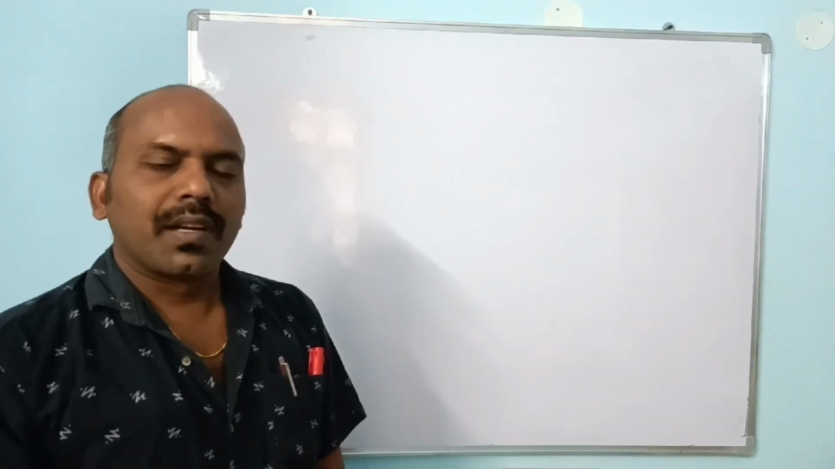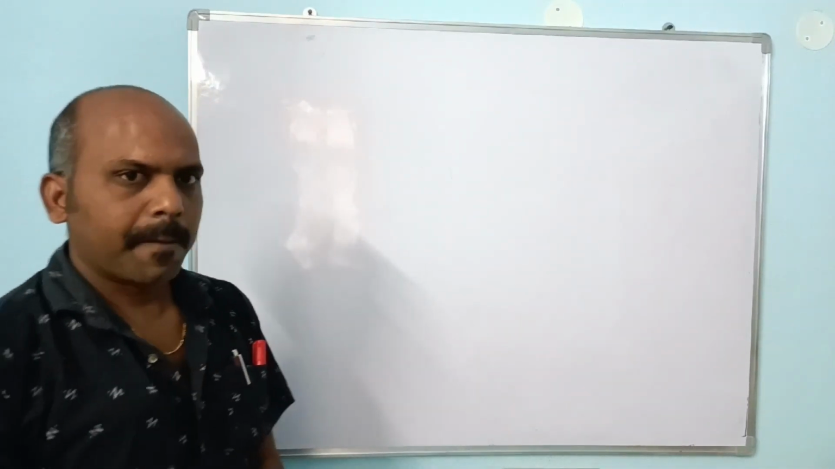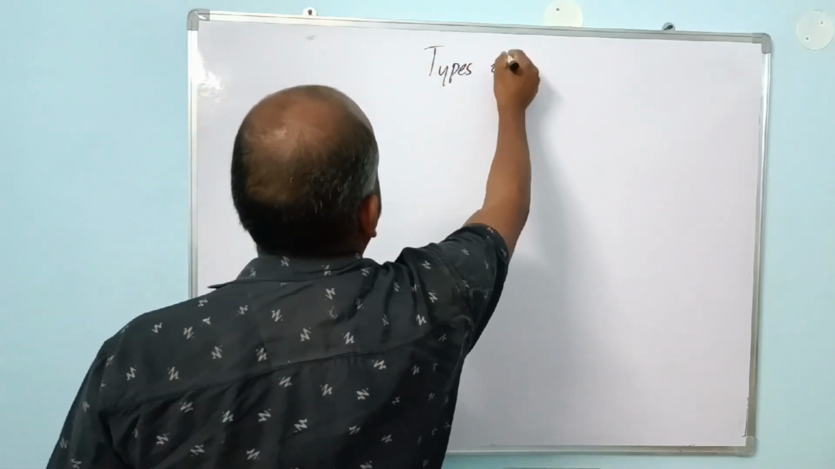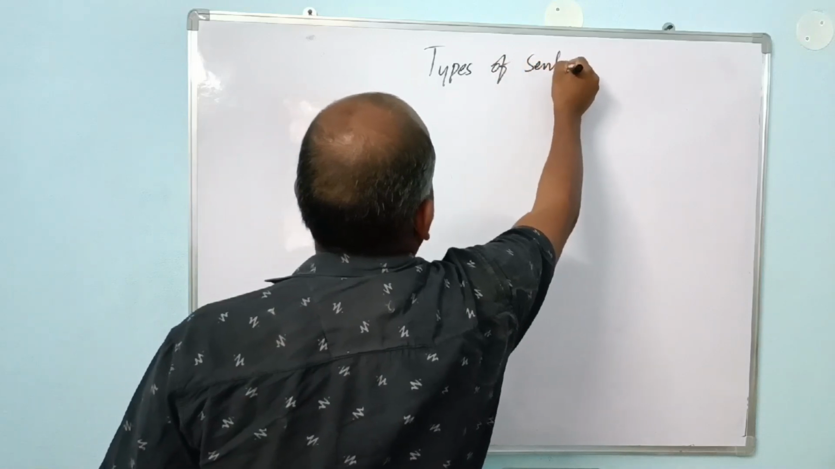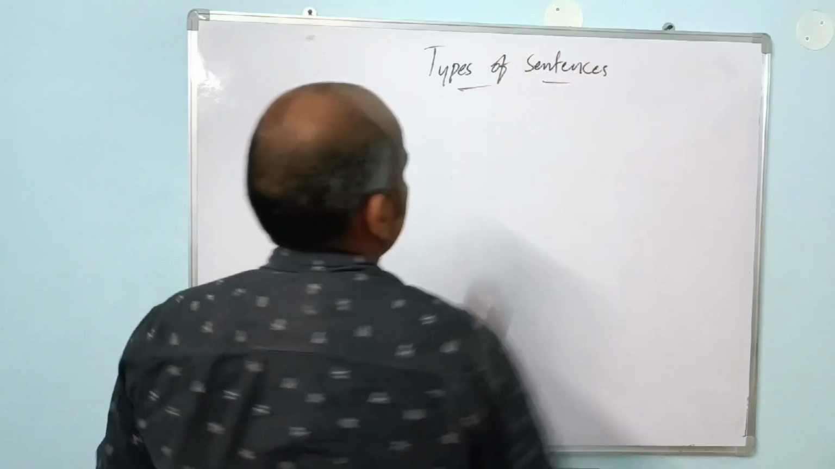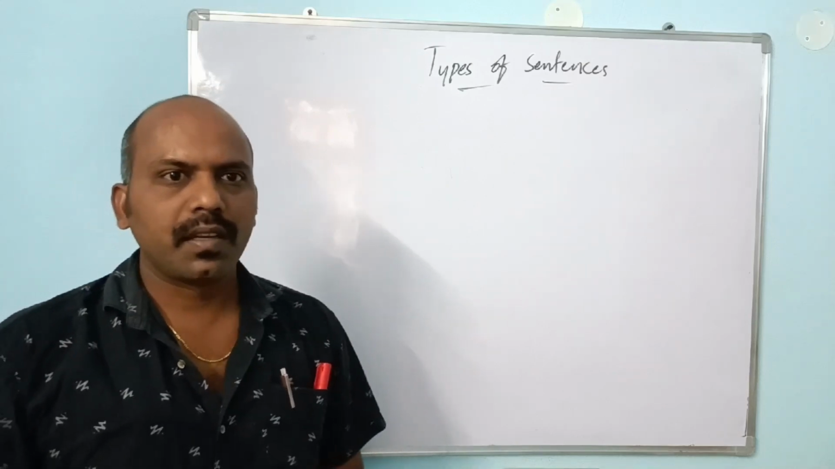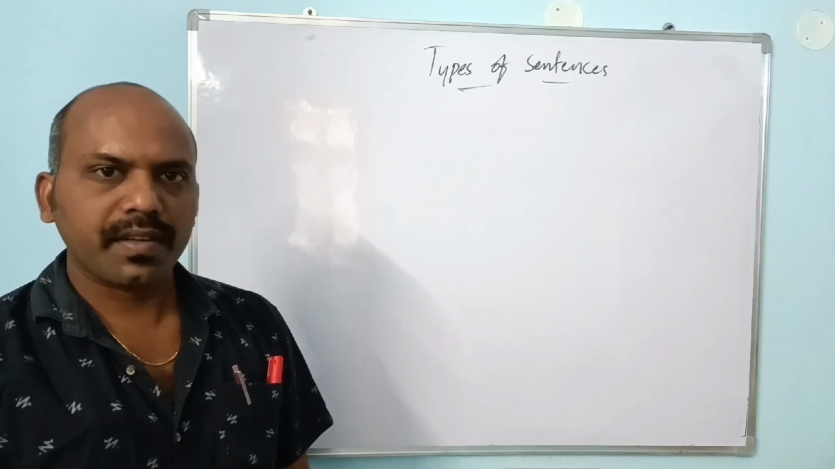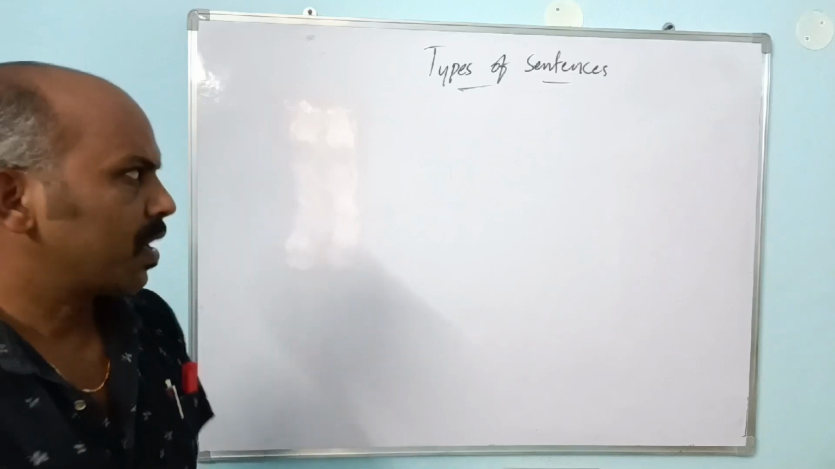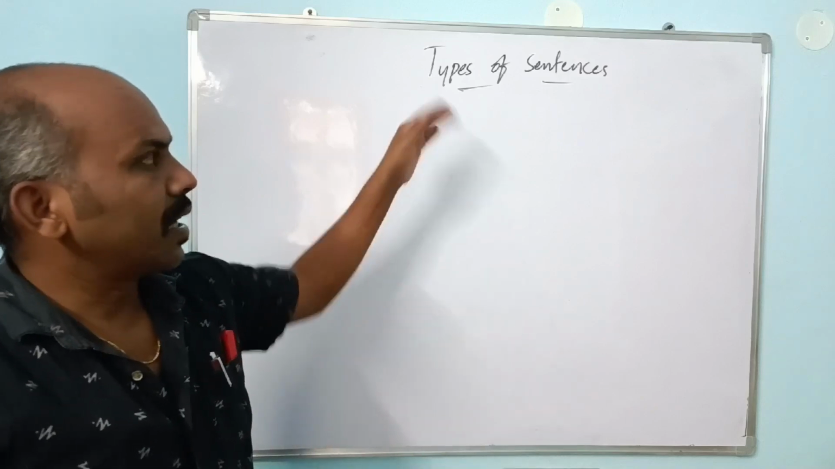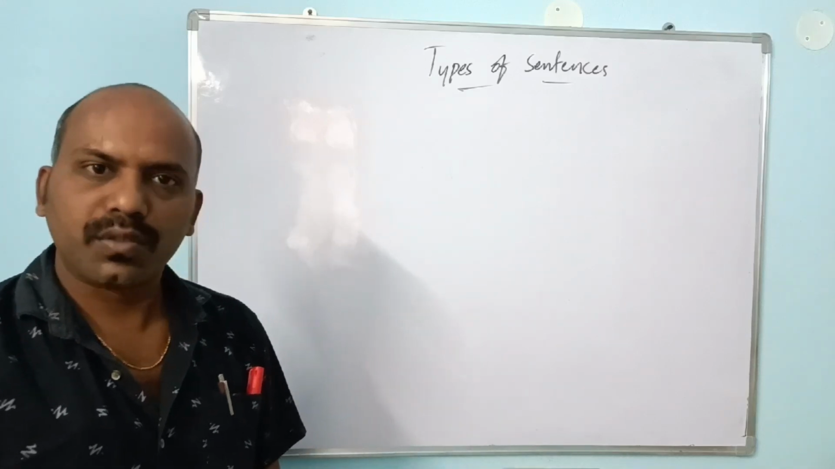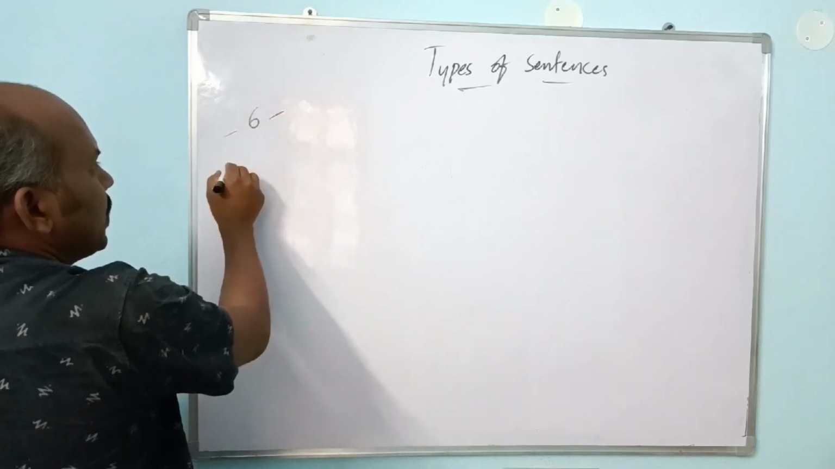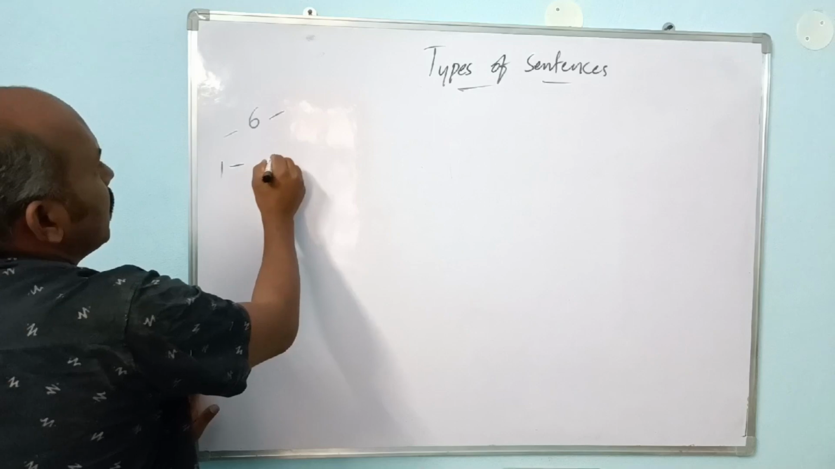Today we are going to know one of the grammar topics, and it is types of sentences. So in English grammar we have two types of sentences, and here we are going to know one of the types of sentences first. Under level 1, which is very basic, we have to know that there are 6 types of sentences. In that, number 1 is assertive,